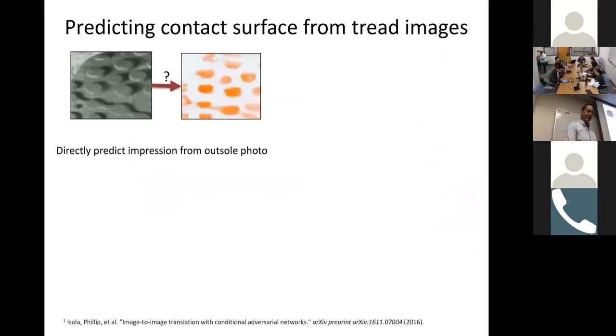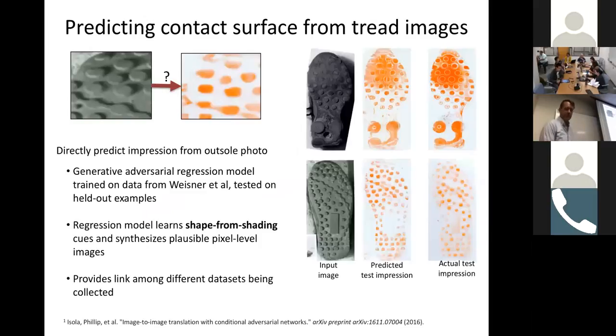And so we could ask the question, can we, without actually knowing the shape, make this direct prediction? We've started to work in this area, and we can think in this case of a problem of regressing from an input image to an output image. The approach we take here again uses neural network technology to train a regression model which performs